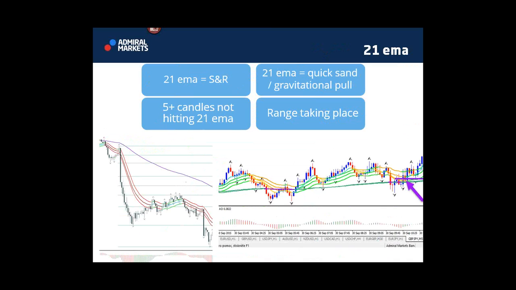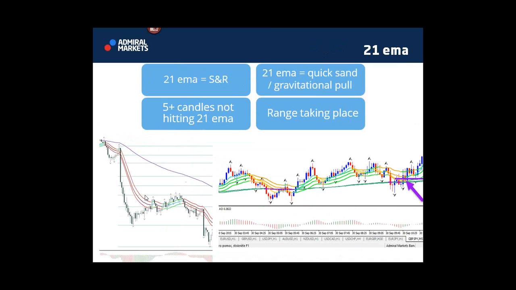The reason why I use 21 and 144 and 8 and sometimes 34 and why I would use 55 and 89 if I would go for those numbers is because they're fib numbers. I like Fibonacci sequence moving averages. That's just, I guess, a kind of a ritual for me. So there's no specific reason why, but I like fibs, so I started using that. 21 EMA I use as support and resistance too. So I not only use it as trend and momentum, but the band also acts as support and resistance.